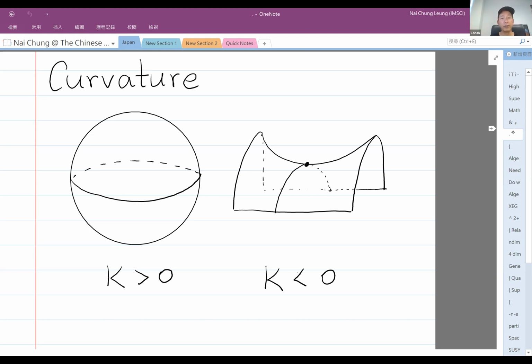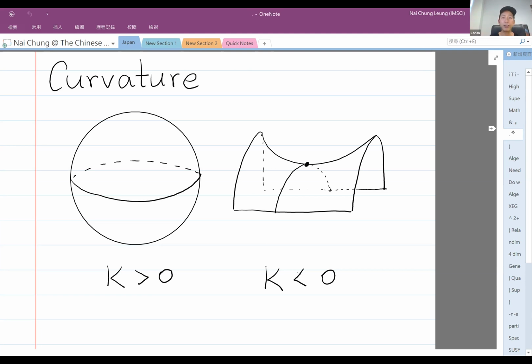And the one on the right-hand side is, in fact, only at that particular point negative in curvature. It's difficult to draw. If the curvature is negative everywhere, then you cannot see it in R3. You can only see that in high dimensional space. But you can draw it to be negatively curved on one side.